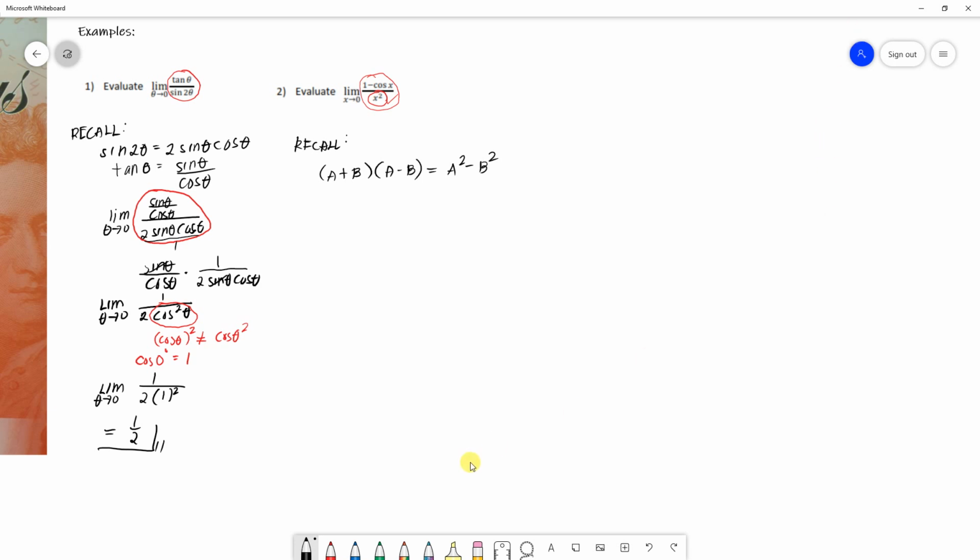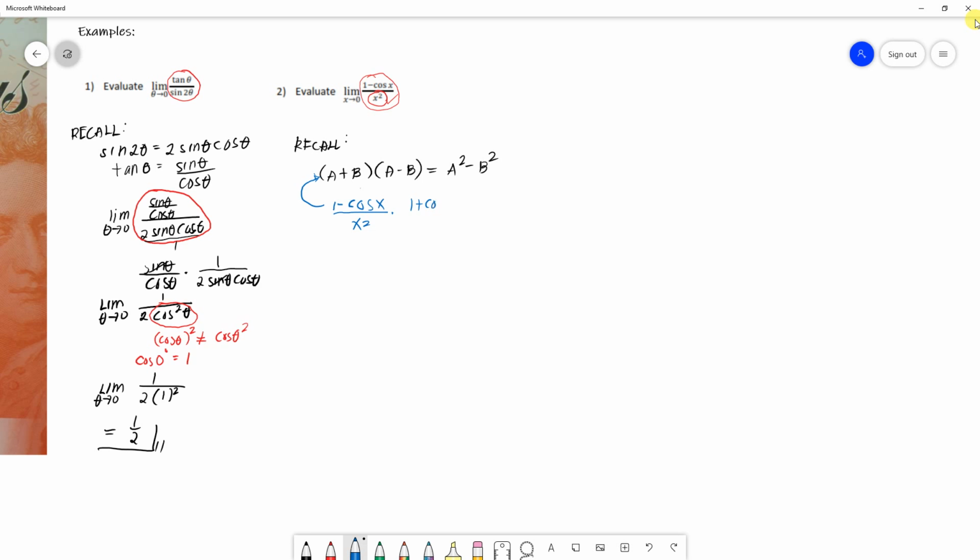So, sa problem, if I have 1 minus cosine x, kasi yung denominator na x squared, simplified na yan. Wala na tayong magagawa dyan. But, yung numerator na 1 minus cosine x. Okay, try ngayon nating baguhin. Okay, paano natin babaguhin ngayon? Lagay ko muna yung x squared. If I'm going to apply this factoring method or one of the techniques sa factoring,